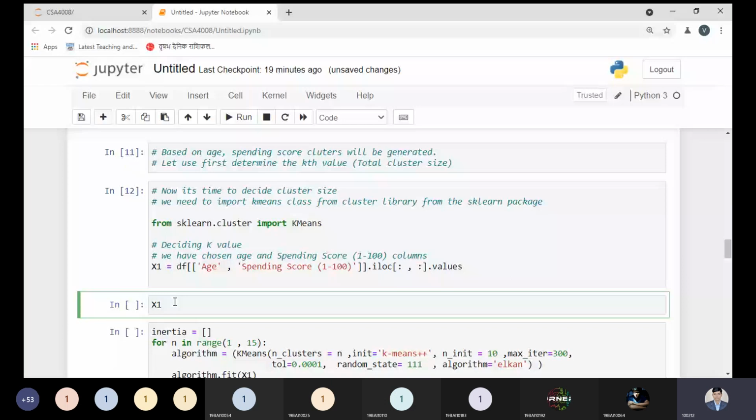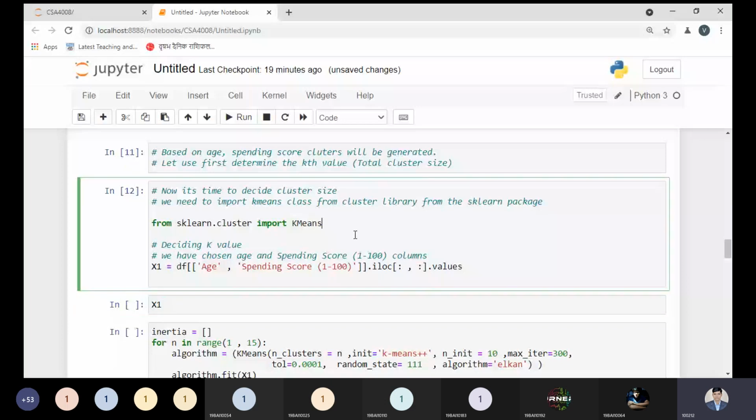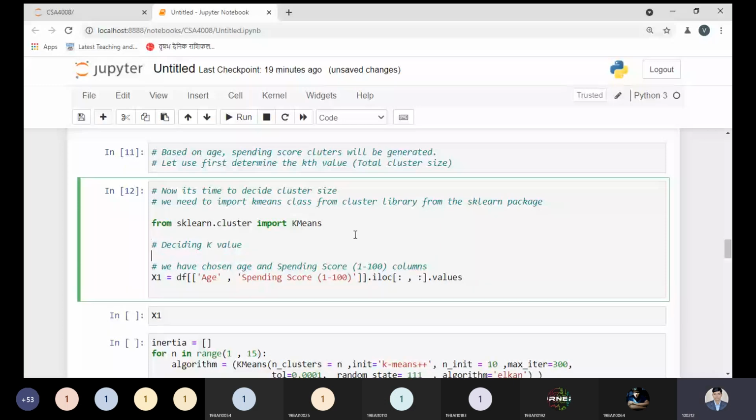I can write this statement once again: deciding the k value is necessary before the centroid. That is the point we have discussed as per the k-means algorithm. That's why we are choosing it.